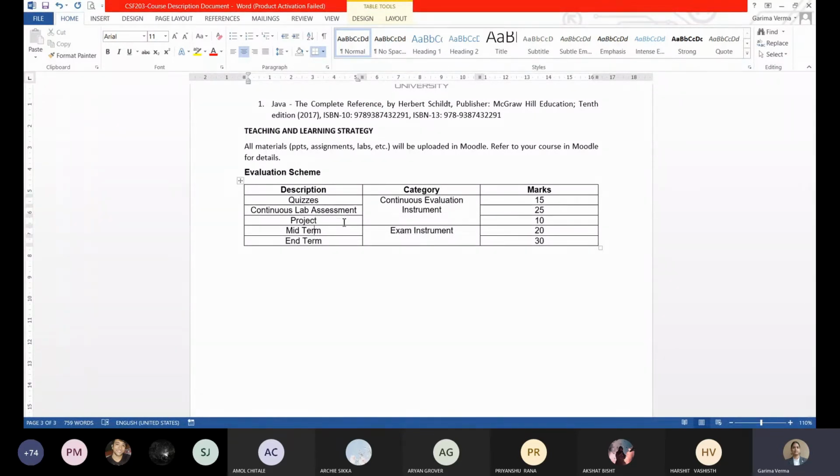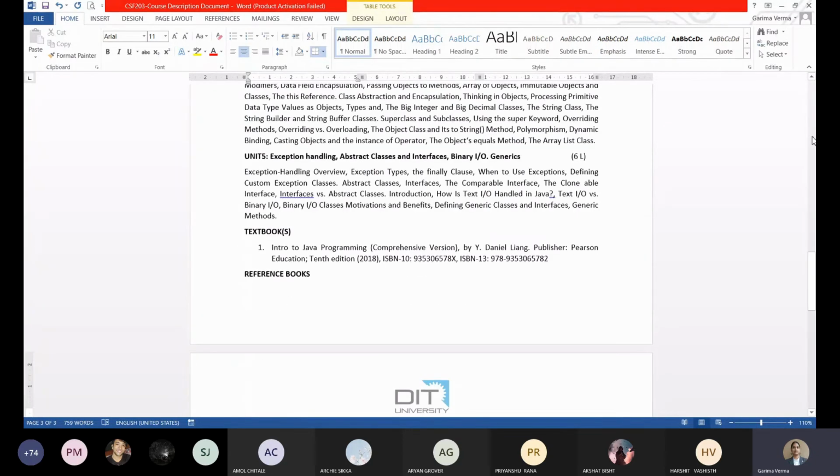Fine. Then you will be having a midterm exam and end term exam. So this is the marks distribution that you will have in this particular subject. So if there is any confusion in the evaluation scheme, you can ask me. किसी को कुछ पूछना है, कोई कंफ्यूजन है? Although ये इवैल्यूएशन स्कीम आप डेटा स्ट्रक्चर और सी में भी फॉलो कर चुके होंगे, तो मेरे हिसाब से कोई कंफ्यूजन होना नहीं चाहिए. But still if at any point if you have confusion you can ask me.